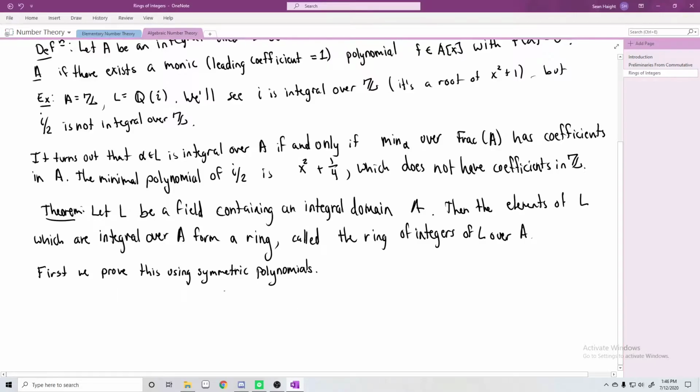So first I should tell you what a symmetric polynomial is. So, definition: a polynomial P in multiple variables x1 through xr, and A here is still an integral domain. I guess it doesn't really matter for this definition, but if you're wondering what A is, you can just take it to be an integral domain. It's said to be symmetric